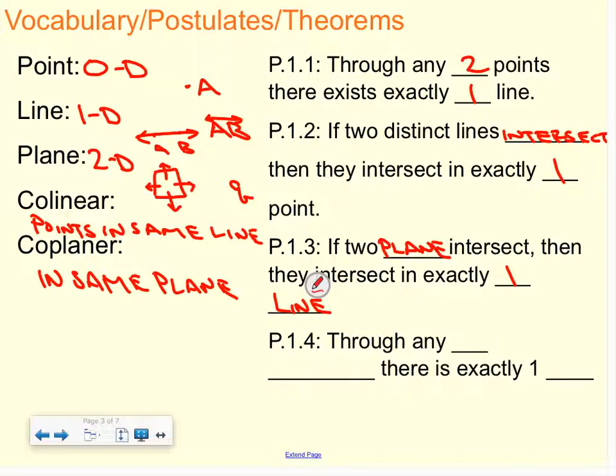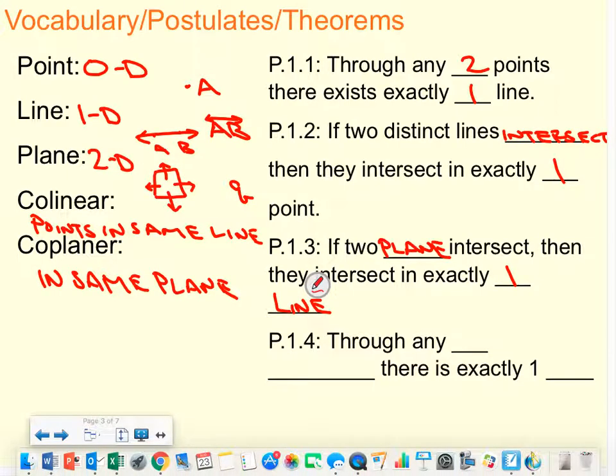So 2 planes intersect in 1 line, just like 2 lines intersect in 1 point. And then the fourth one, through any